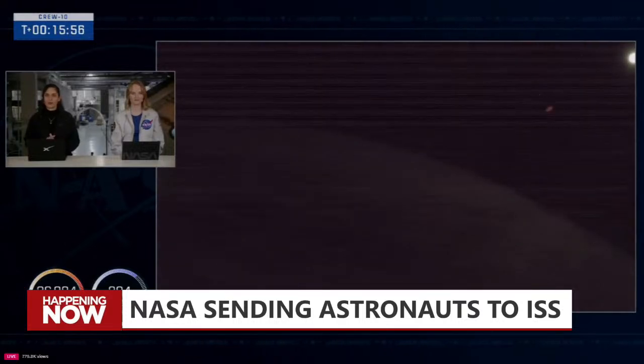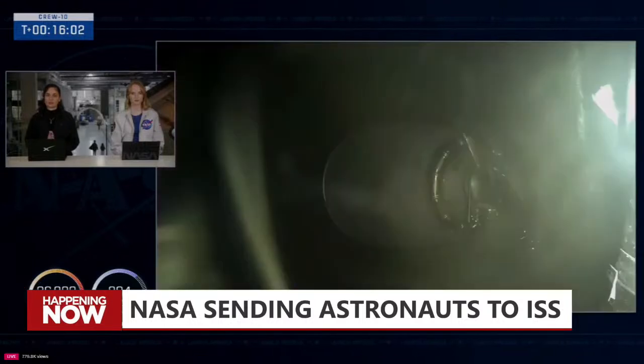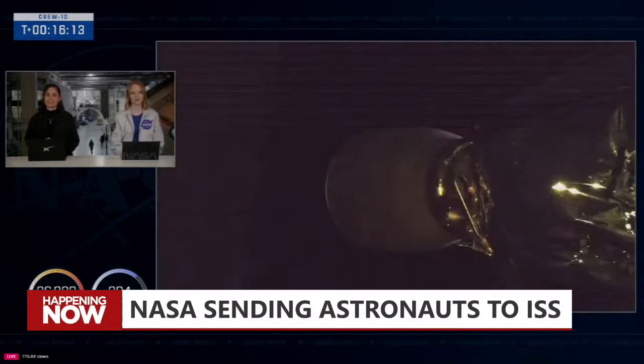Just pausing in case there were going to be any comms. And we did have good confirmation, good checkouts of the 12 Draco thrusters around the service section. Now, 4 to go after we get the nose cone open, and then the ECLSS, the environmental control and life support system, activated inside of